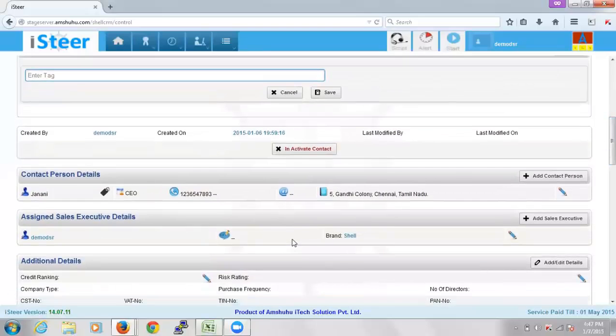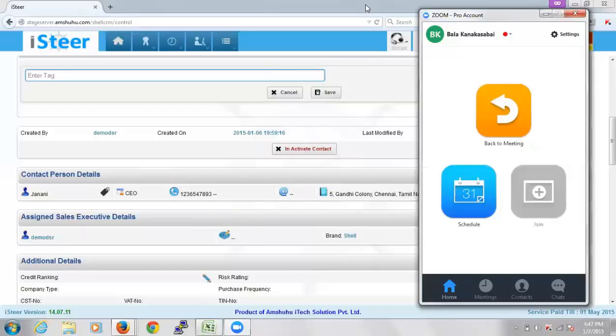Why is it blowing? One minute, sir. I'm just holding. We have connected, but we are not getting the sound. We are getting the sound in the morning, but not getting it now.